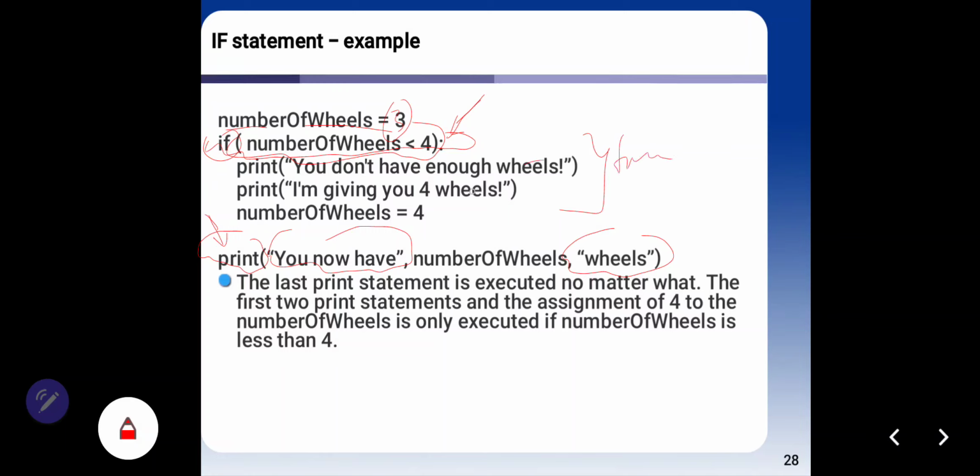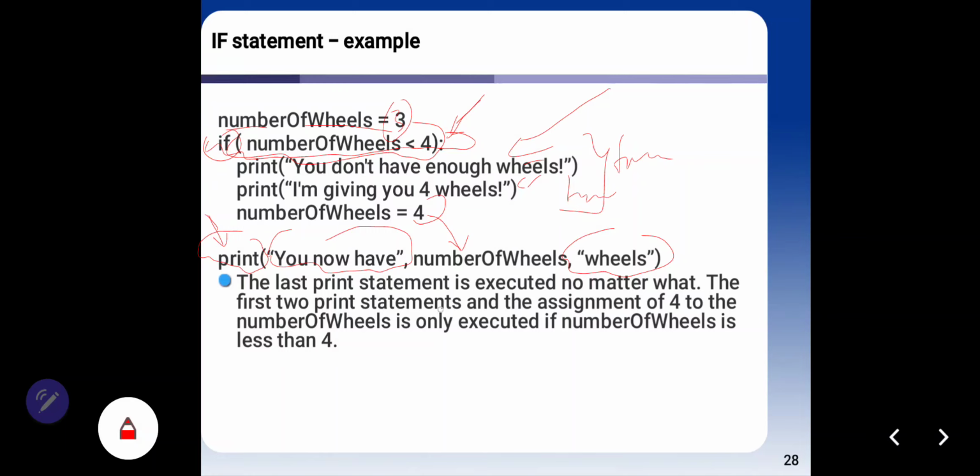I'm giving you 4 wheels, and then you can see the result. In here, 4 from here moves to here.